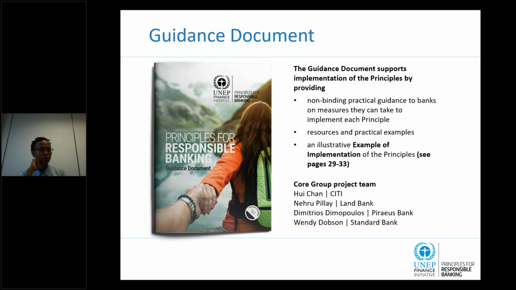It is a very interesting document because it gives us concrete actions on how to implement each one of the principles, and it also gives us resources that we can use towards the implementation of each principle. For example, on principle number 1, that is related to the alignment, it gives us resources and links to different documents that can help us align our organization to society's goals.